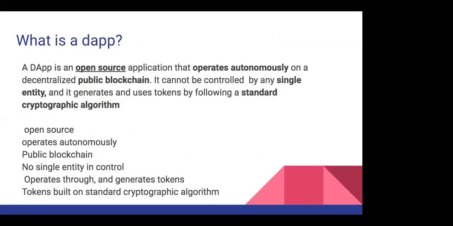And this is the same as what I was saying before. A dApp is just a distributed application. So it's an application whose back end is running on a public blockchain. And public just means that any node or any entity can join the network and be a part of it and either pull data or write data to the network.